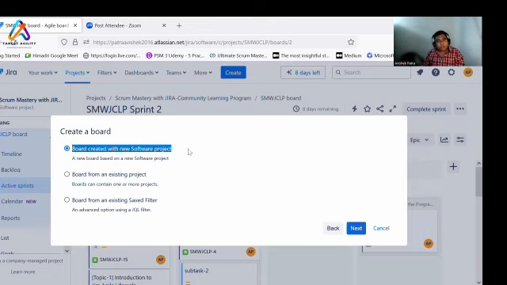New software project means your project is new. The project is different from ASM, WJ, CLP. If it is a different project, we can create a board. All right. You can create from an existing project, like from SMWJ, if you want a board wherein you will get fed user stories or the work or the epics from different projects. So you can also create another board, for multiple boards in an existing board, or in case you have a JQL filter saved, we will come to that. You can also create a board from there. Okay.